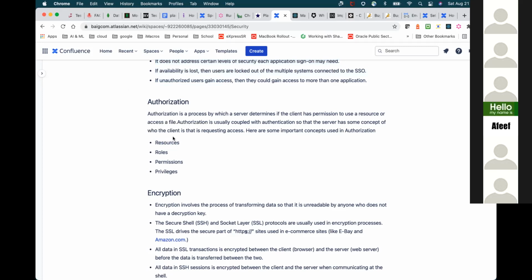And so basically you will have the resources. Resources are like what pages you have, like the login page, the landing page, the member page, the payments page, the activity page. So what kind of access you have on those. Those are all resources. So roles will determine what pages you have access to. And that is defined using permissions and privileges.